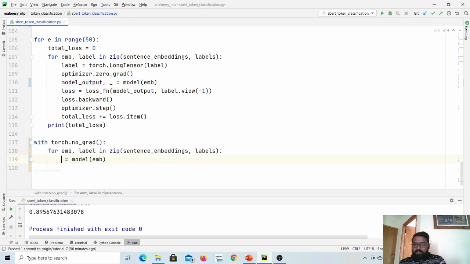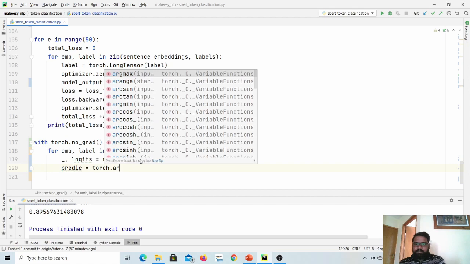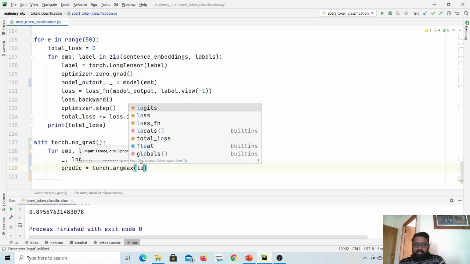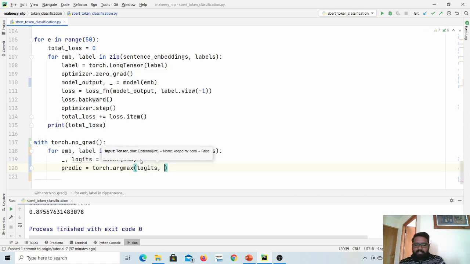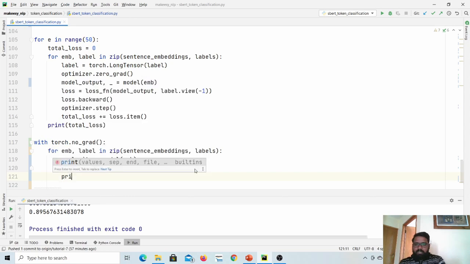Here we don't need the first part, we need logits. Okay, so let us run argmax so that we can get prediction is equal to torch dot argmax, and we simply pass logits here, and we can simply say dimension is equal to this one. Okay, and now let us print predict